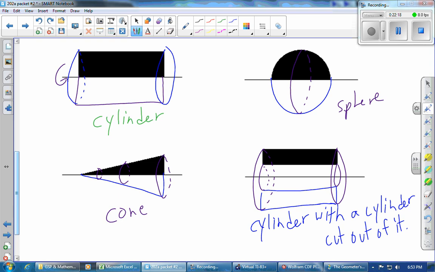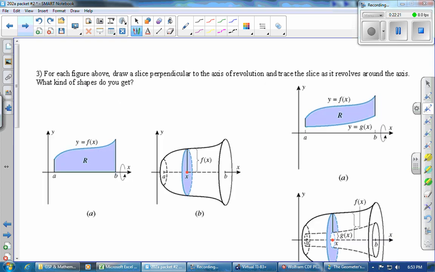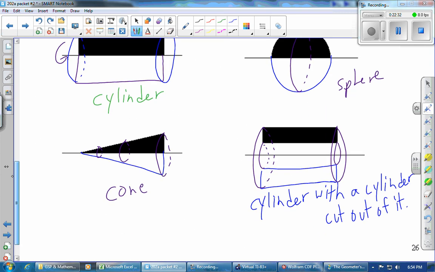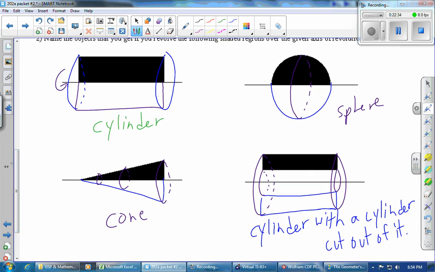Okay, so let's move on to the next page. Number 3, for each figure above, draw a slice perpendicular to the axis of revolution and trace the slice as it revolves around the axis. What kind of shapes do you get? So we're coming back to all that stuff we looked at in the last video with the slicing. So we're going to draw a slice perpendicular to the axis. So any random thing, technically it's a rectangle that we're drawing, and then swinging around. It's okay if you just draw a vertical line because this is supposed to be a thin, thin rectangle. So if we take that rectangle and we sweep it all the way around,